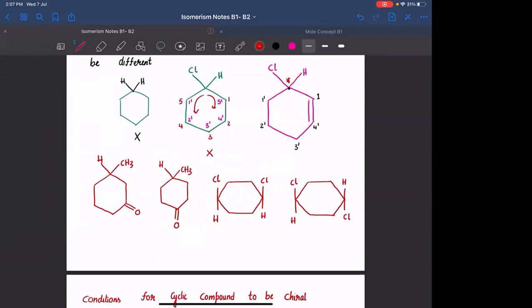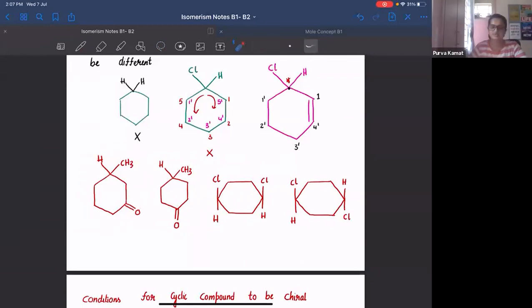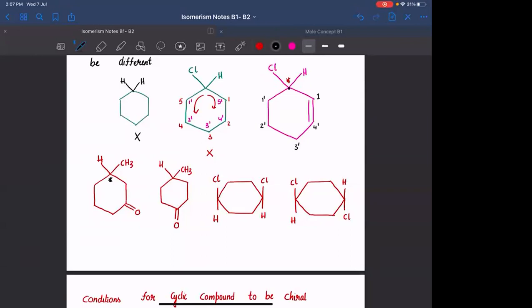Is there any chiral carbon in the first molecule? Yes, sir. Hannah, you are having a chiral carbon here. The clockwise path 1, 2. On the second carbon, you are having double bond O. 1, 2, 3, and 4. On the fourth carbon, you are having double bond O. Obviously, the paths are different. So this is having a chiral carbon.